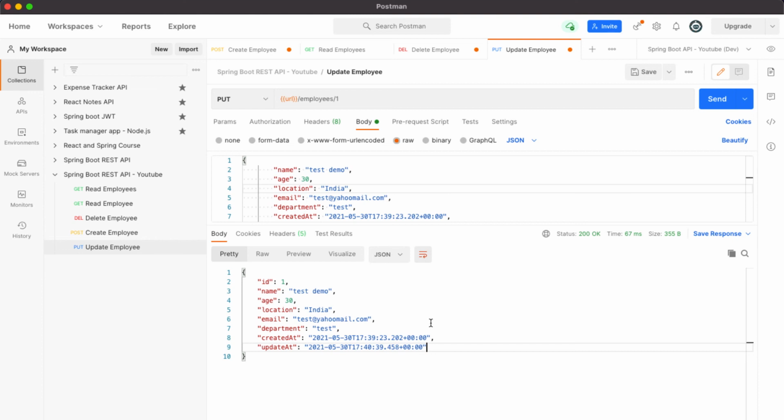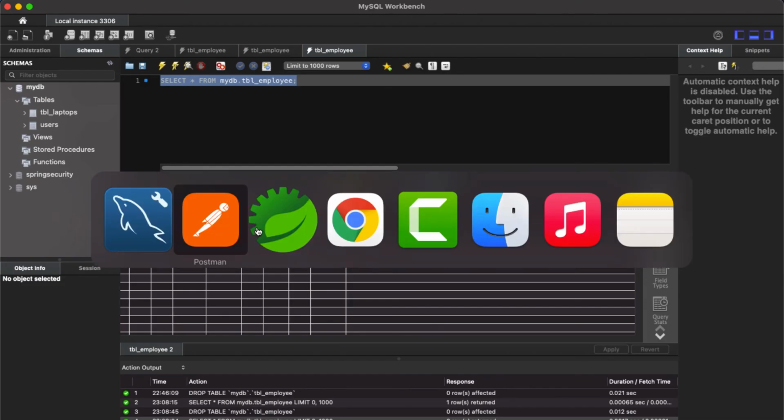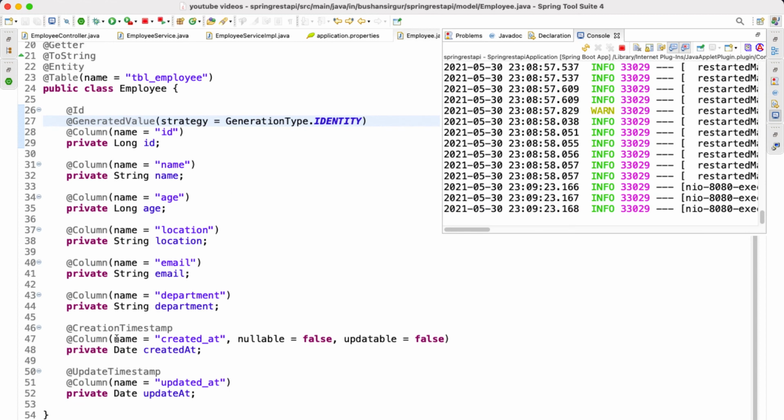In case you want to keep track of the records, or monitor the timestamps, or if you want to add the timestamps to your database for every table, then you can use these annotations, @CreationTimestamp and @UpdateTimestamp. JPA will automatically take care of the timestamps.